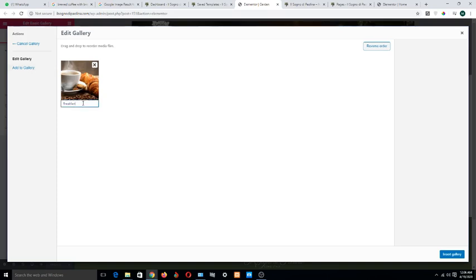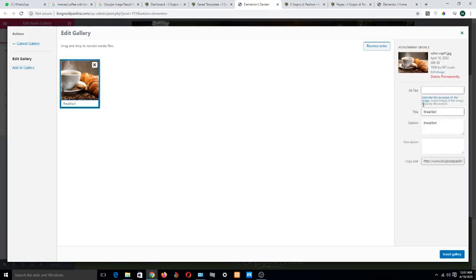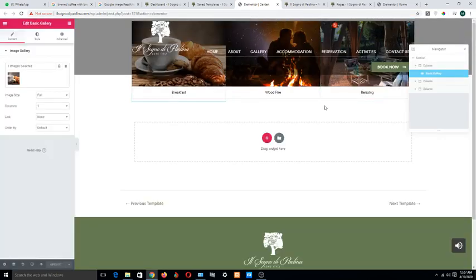And if you want to change the text, you can write it over here, and when you click here it will save. Text is saved, and after making changes, don't forget to click on update.